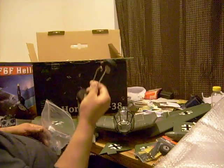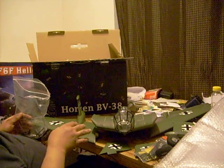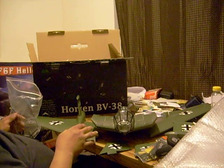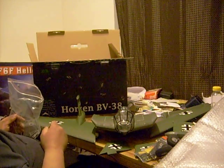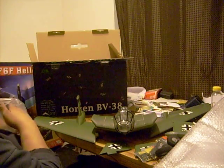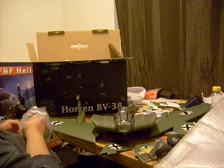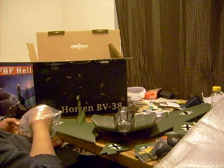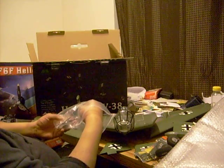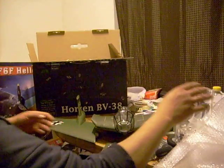Main gears. Now I've seen on YouTube, there's a couple guys that have actually put this together and put retracts in it. And it looks pretty good. That's something that you could think about. And the way this is set up, you can do that at any time. Okay, gives you some cannons, some other little accessories, control horns, and